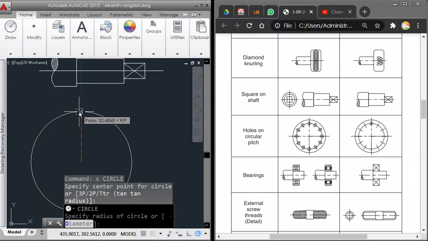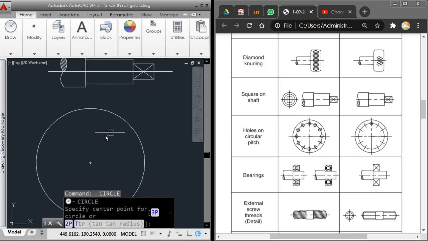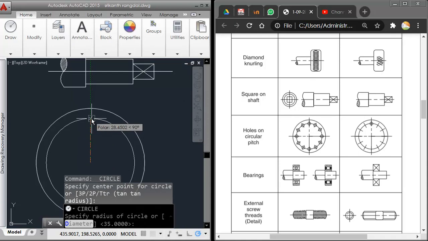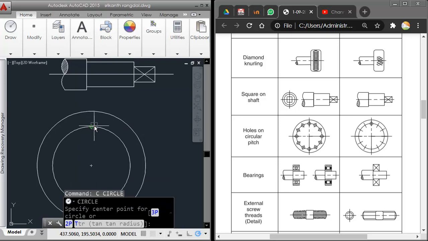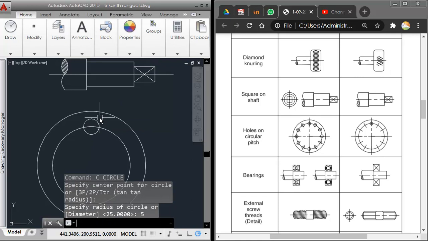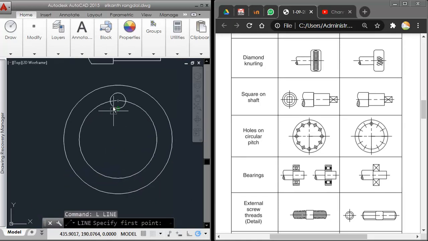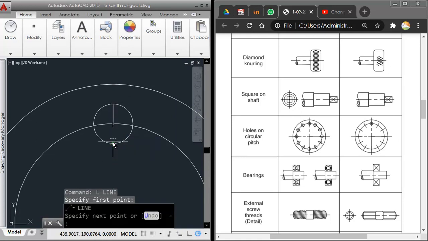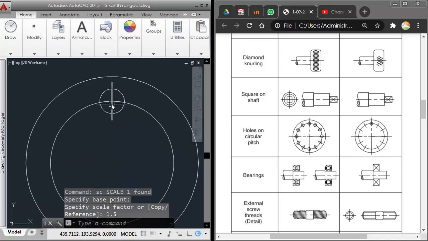I'll just take a circle, let's say of 35 radius. I'll need another circle with the same center. You can just touch it to get the center, and I'll just go with 25. Okay, then I'll just have to draw one circle of, let us say, radius 5. Okay, that's enough. So only one circle we need to draw, and to show the other circles, what you have to do is just take a line, slightly increase it on both the sides, and this line I'm going to